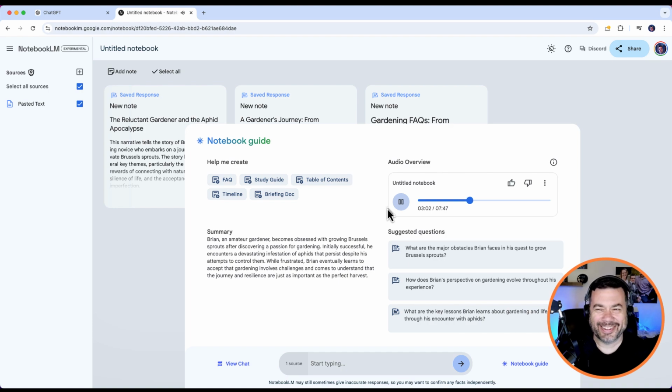It's kind of like those aphids become this metaphor in Brian's story, you know? Those unexpected curveballs life throws our way. You're cruising along, and then, wham, something comes out of nowhere to test you. Right, like a little microcosm of life's challenges right there in his garden. Totally. And what I find so interesting is Brian's initial reaction to the aphids,